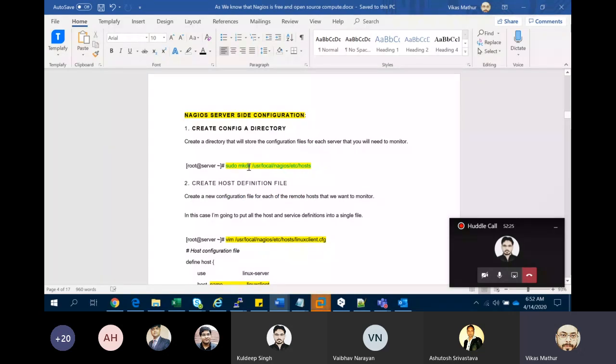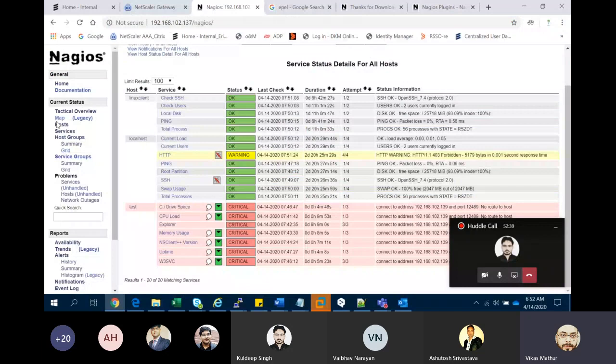So you see, I am creating a directory called hosts under /usr/local/nagios/etc. What are these hosts? This is the host machines directory.